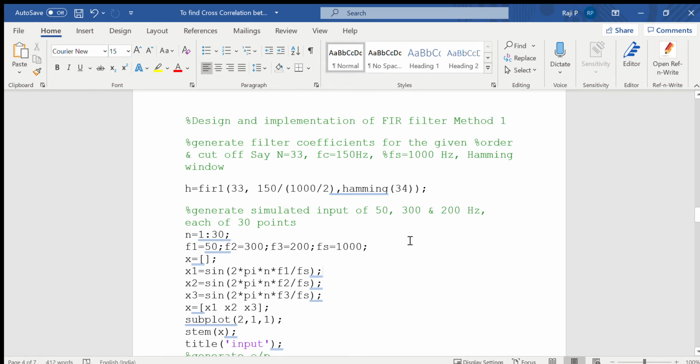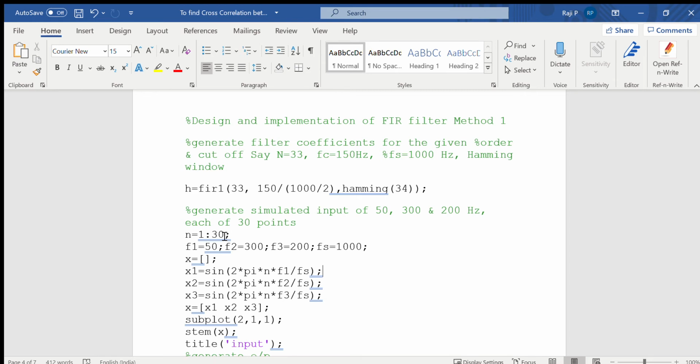Now in order to generate a signal, we are considering here 3 frequencies and generating a signal of 30 samples for each. First consider n equal to 1 colon 30, which will generate a signal of step size 1: 1, 2, 3 till 30.